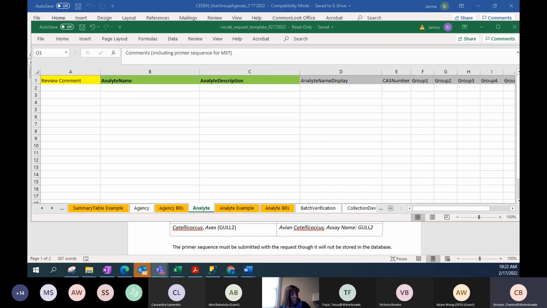We're not going to be able to compare, let's say, an analyte targeting Clostridiales versus the Bacteroidales, even though they're both human markers, and that's what they show up in CEDEN as right now. They just say human markers. So if you're looking it up on the analytes, you would pick both of those thinking that they're comparable, and they're not. So starting at the analyte name, and now we'll start to move through the methods,